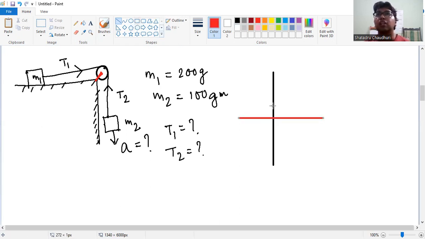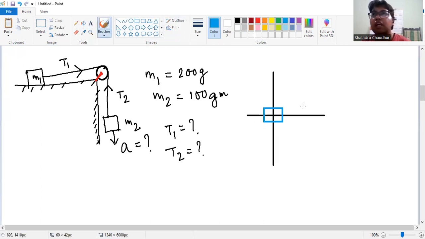There is an object. यहाँ पे जो मास है M1, मास इज प्लेस नाउ. सपोज आप प्लेस M1 मास. अभी यहाँ पे देखो, M1 मास के ऊपर जो है वो